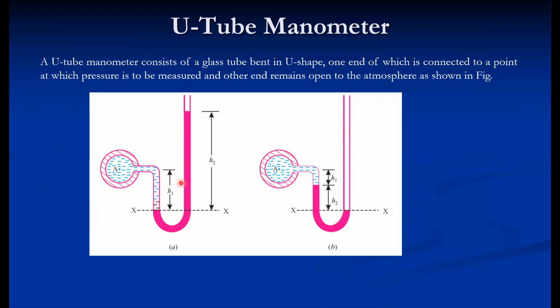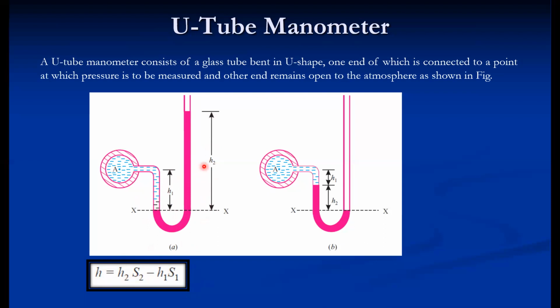Now, in order to measure the pressure, if we consider the balance point, the equilibrium point, and equate, then the pressure head H, that is H in meter of water column, is equal to the equivalent head of pressure, that is H2S2 minus H1S1. So this is the direct equation.